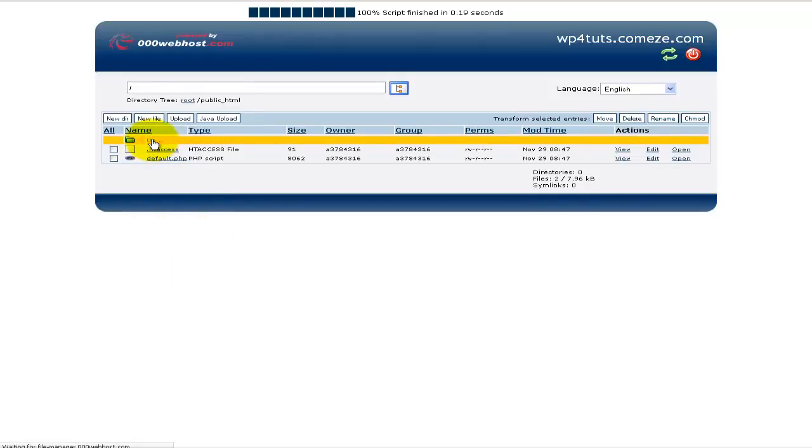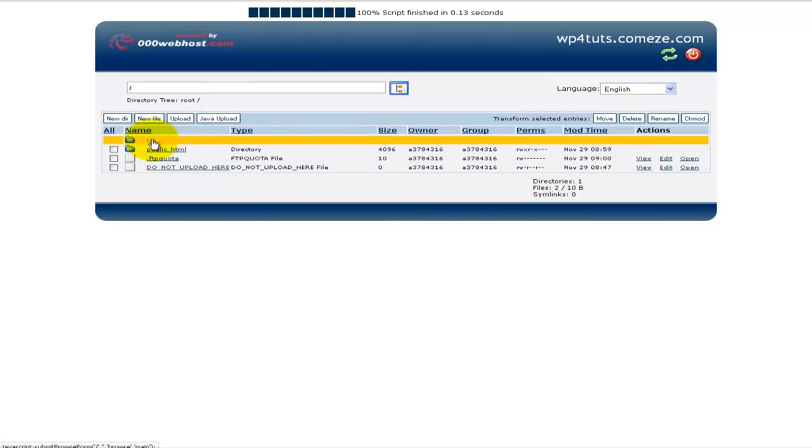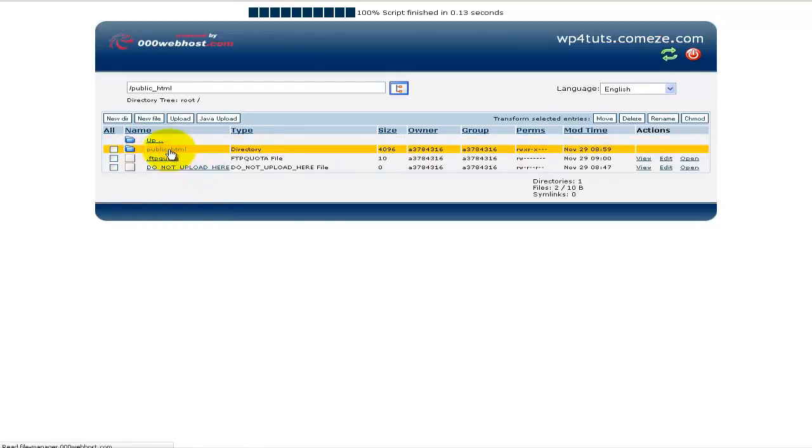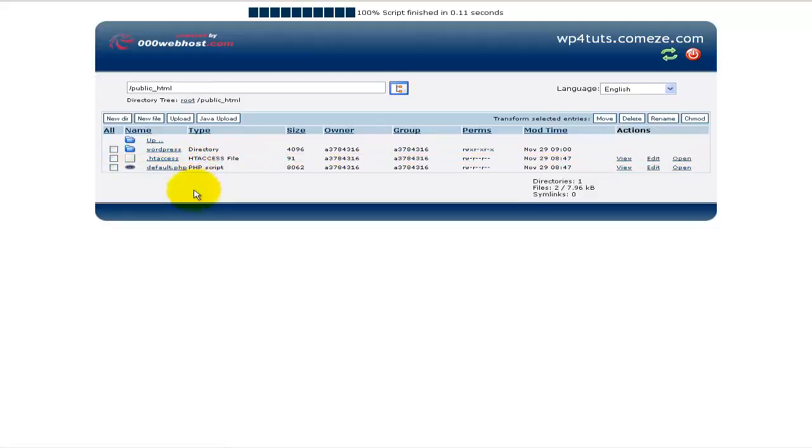So even if I uploaded this using my file manager, I wouldn't be able to use it, as I need to actually unzip all of these files. So once again, if I go to public here, WordPress has already started uploading,